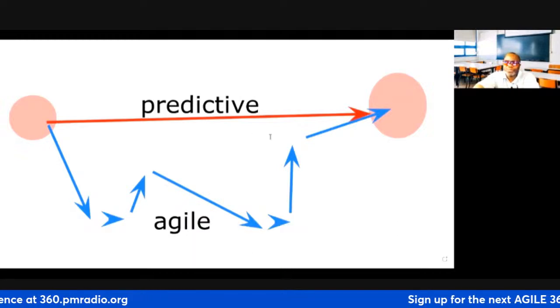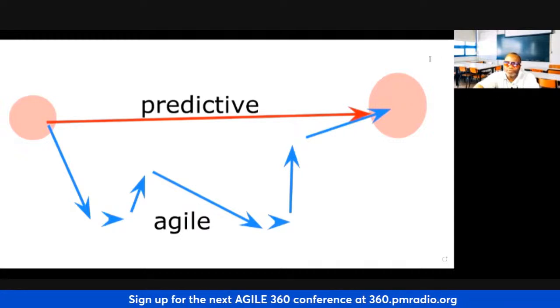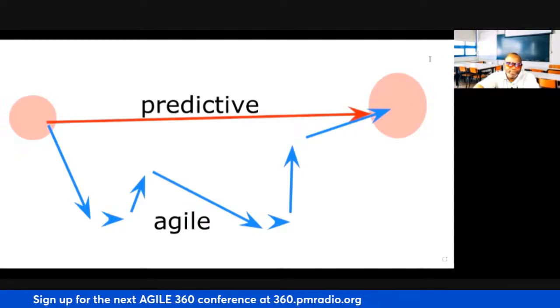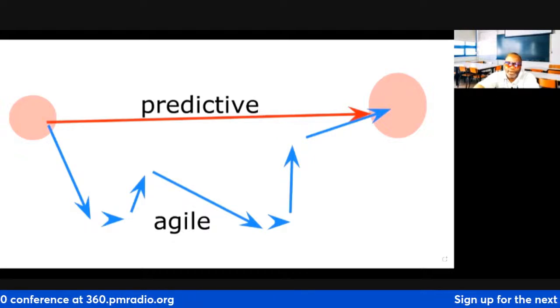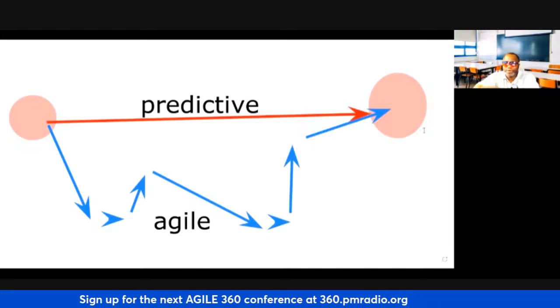Now, it's not easy to pull Agile off. To pull Agile off, you need a number of things. And by the way, when I'm going through this with you, I will be sharing different images once in a while. So like the images I create in the whiteboard, I will just send them to you in the chat and you can just create a folder for them. But going back to where we were,